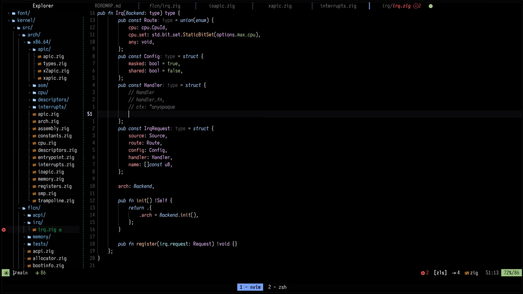Okay, now handler, we have a handler function, which should be a pointer to const function that takes in a so IRQ context. Hold on, just thinking for a bit here. Yeah, so IRQ context would be